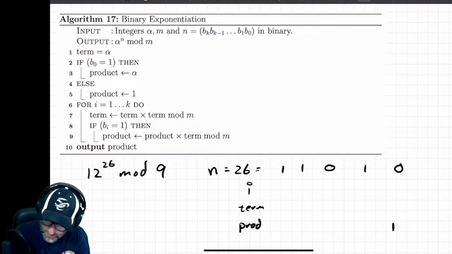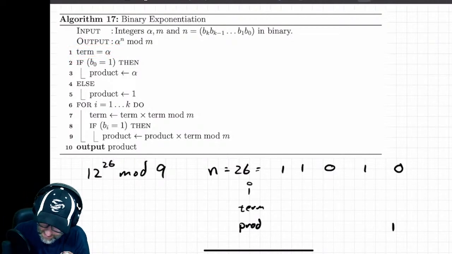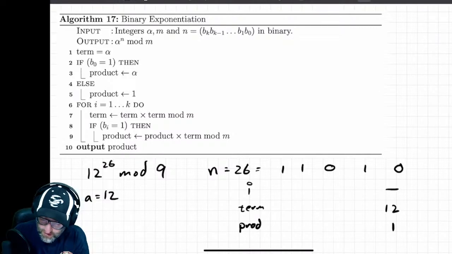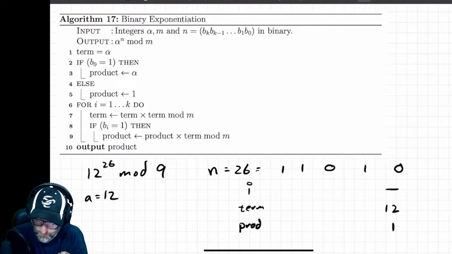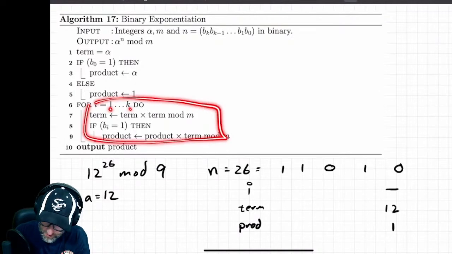Term here has already been, sorry, we should have started at the top here. Line 1, we initialize term to A. A in this case, again, is 12. So term gets a value of 12. And this is before we even start that first iteration of the for loop. So there's the initialization. Now we go into this for loop for I running from 1 up to k,